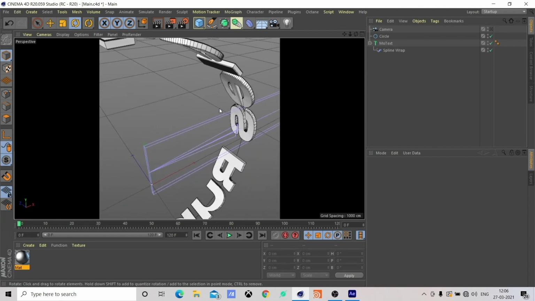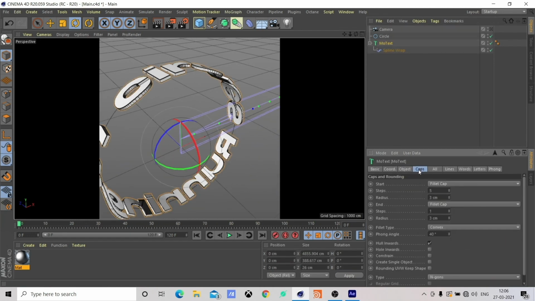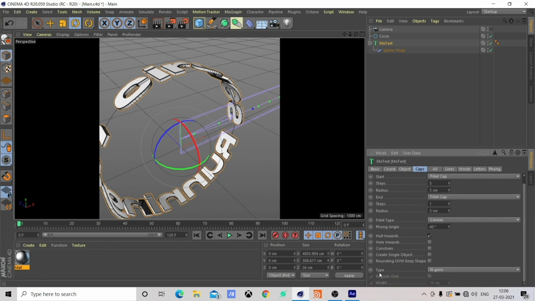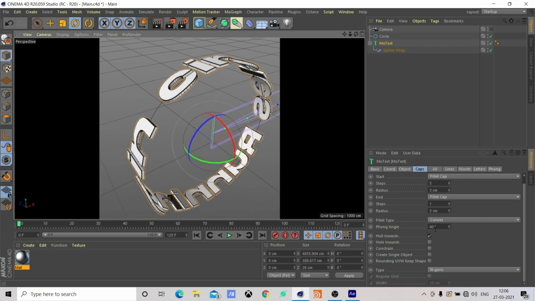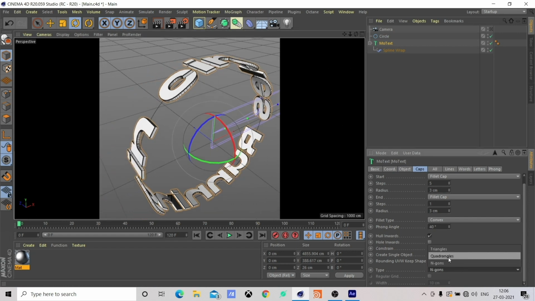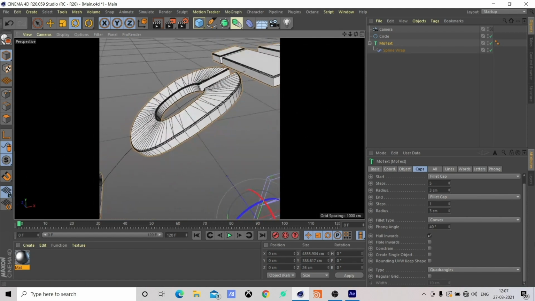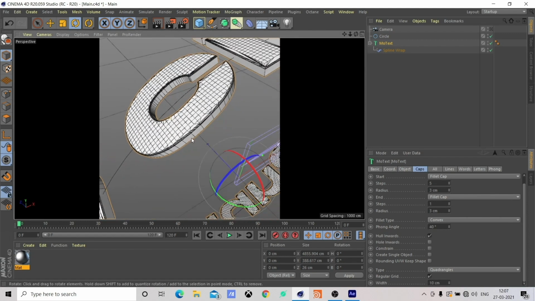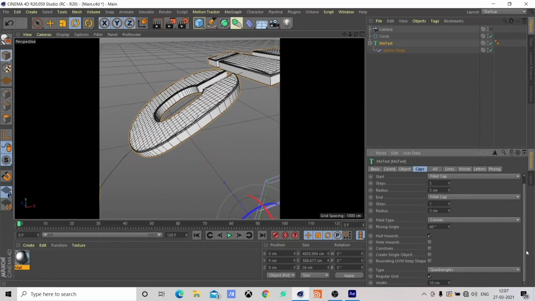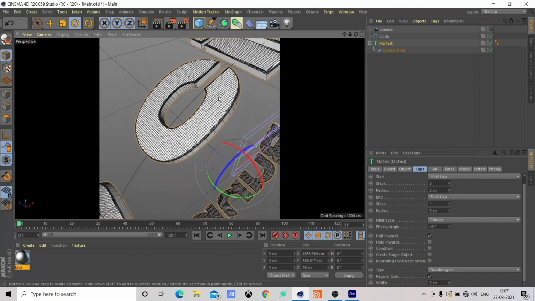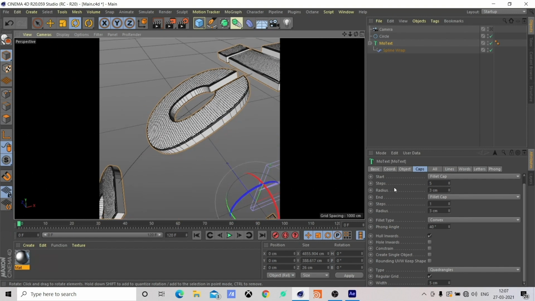For that, click on the more text object, go back to caps. Now if you look at the type, it says n-gons, which is the type of polygons it is creating automatically. We want to go for quadrangles, and then change. When you click on quadrangles, you can see that there are really weird things happening with the geometry. To fix this, click on regular grid, and this fixes our geometry. In terms of the width, I am going to change it to 5. It basically increases the number of polygons and reduces the size of them, making it a little more detailed.